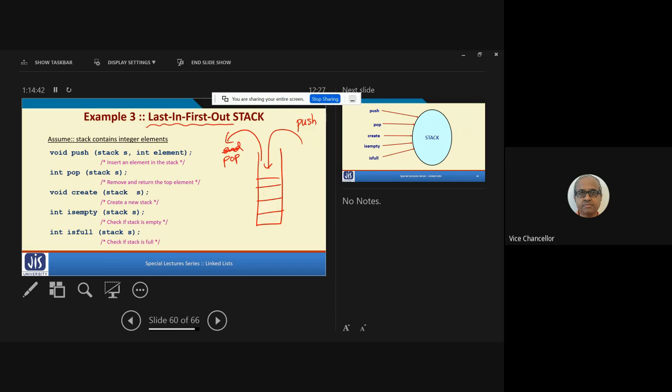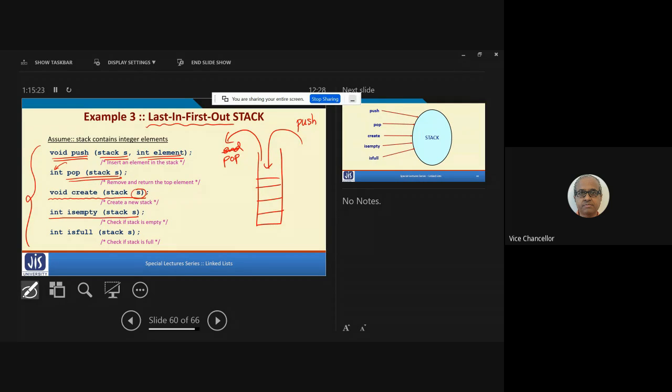Okay. Now, in terms of function prototypes, you can declare a data type of type stack. I'm not showing that here for simplicity. There can be one function to create a stack, so if you call this, a stack with the name S will get created. Then there will be a function for push: there is a stack S, and you are pushing an element into the stack. There is a function pop, where an element is popped and the value is returned.